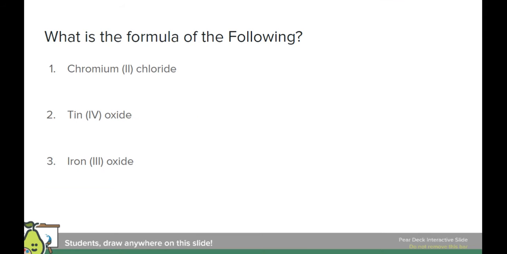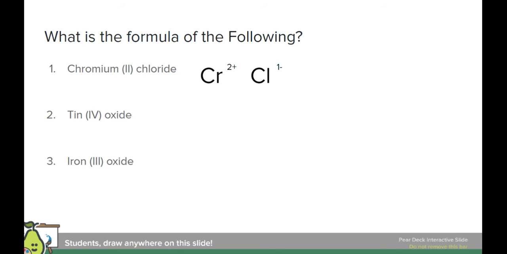All right. So I'm going to give you an example of how to do this, going from the name to the formula first. So I'll do number one, and then you guys on this Ed Puzzle will do numbers 2 and 3. All right. So we have chromium 2 chloride. That's how we would call it. That tells me that I have chromium and chlorine as my elements. So chromium and chlorine, I know that chlorine, because it's in group 7A, has a charge of -1, or 1 minus. Chromium, I look right here at this number, Roman numeral 2, that tells me that it's got a charge